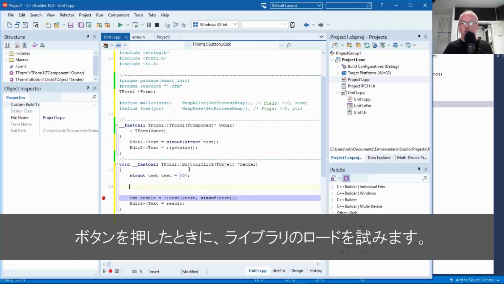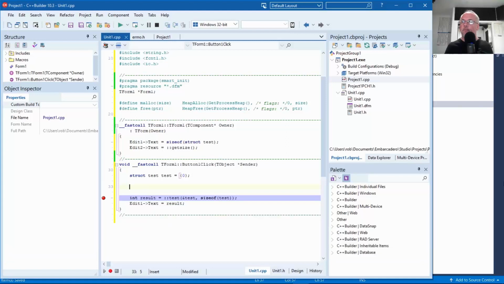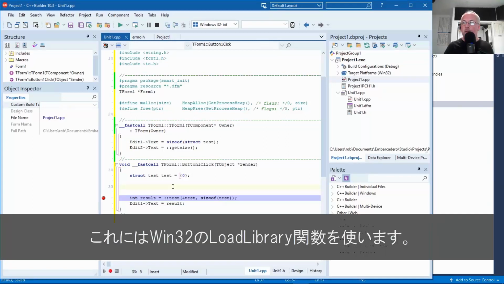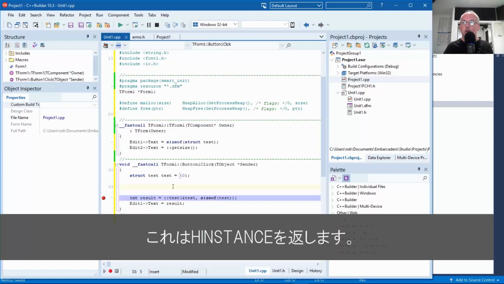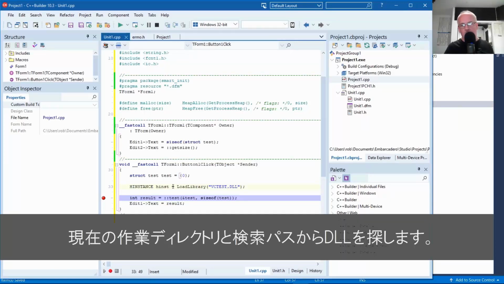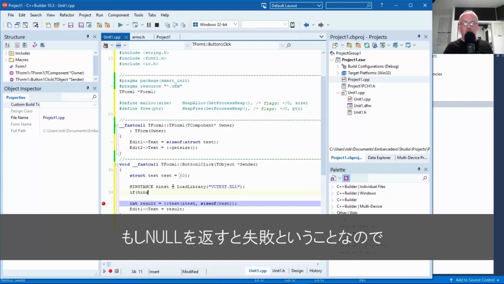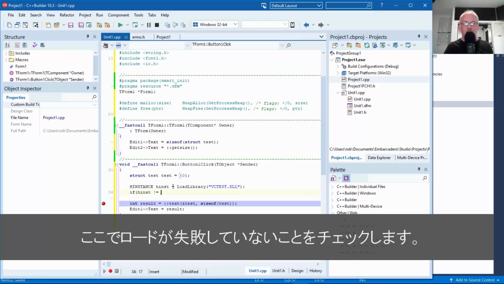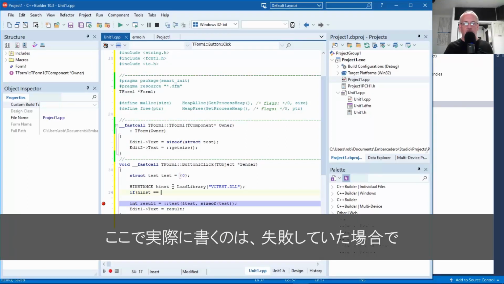When you press the button, we're going to try to load the library. You do this using the Win32 LoadLibrary function, which returns an HINSTANCE. And then you give it the name of the DLL. It's going to look in the current working directory and the search path for that DLL. If hinst returns null, that means failure, so we're going to check here that the load did not fail. Actually, what we can do is, if it fails,